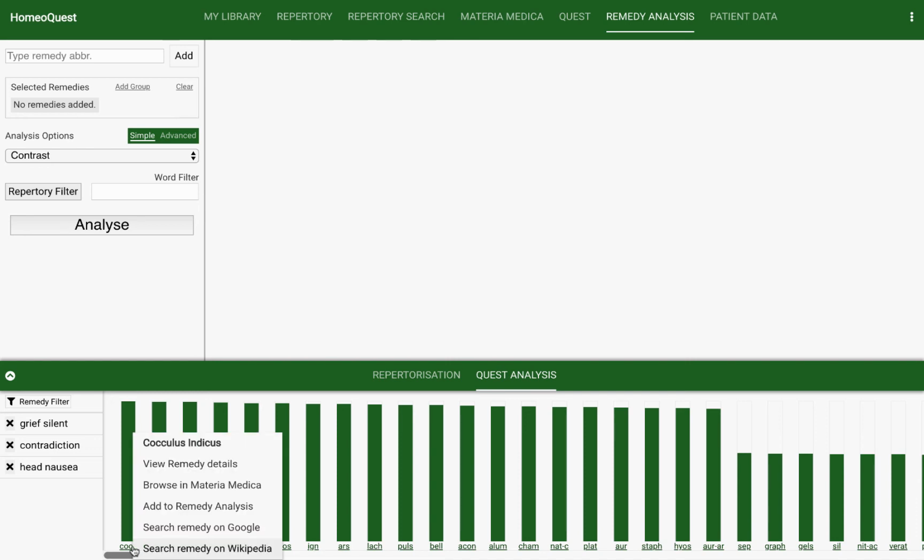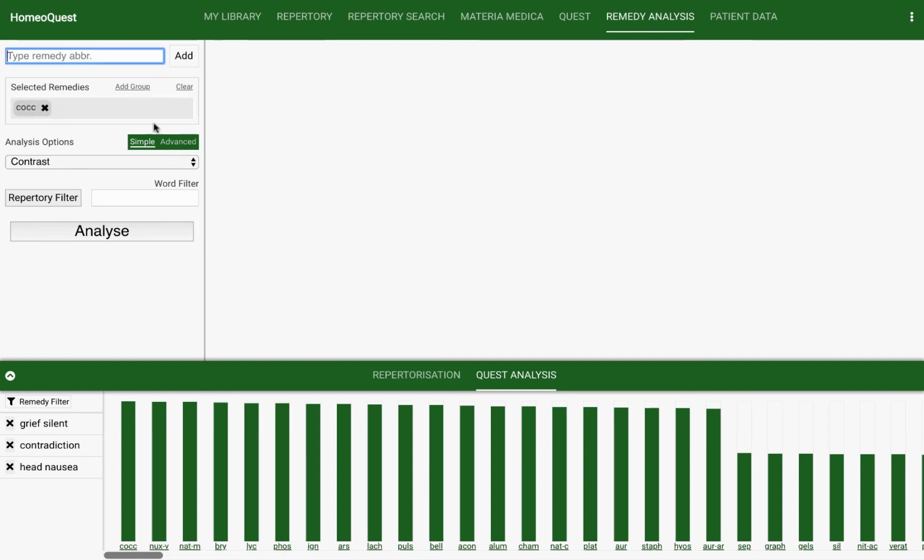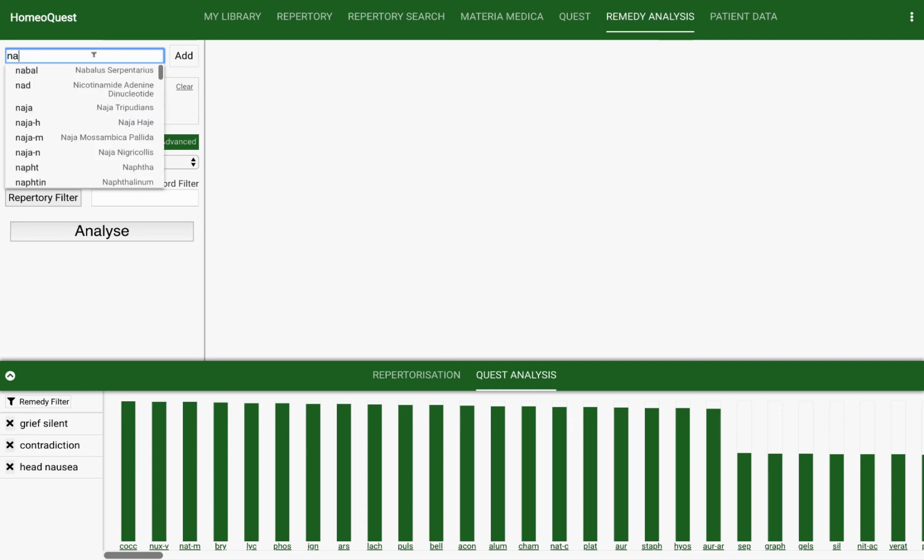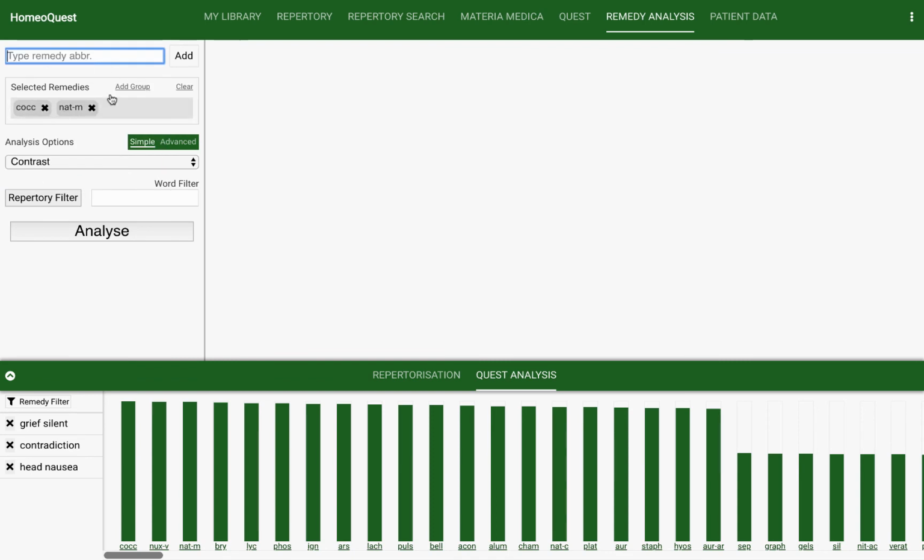So you can just right click or control click on Cocculus and you can say add to remedy analysis. And Cocculus is added to the remedy analysis here, right? And you can also add things. So say I want to check Natrum muriaticum, just type in the first few letters and you can add that in. So you select these 2 remedies,